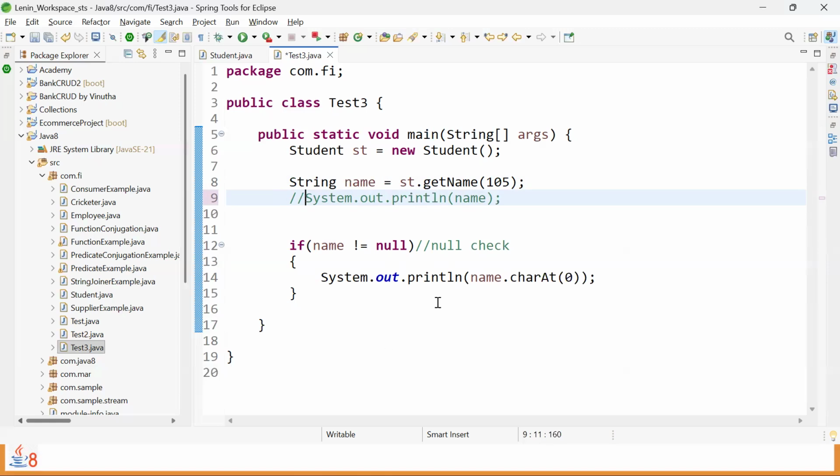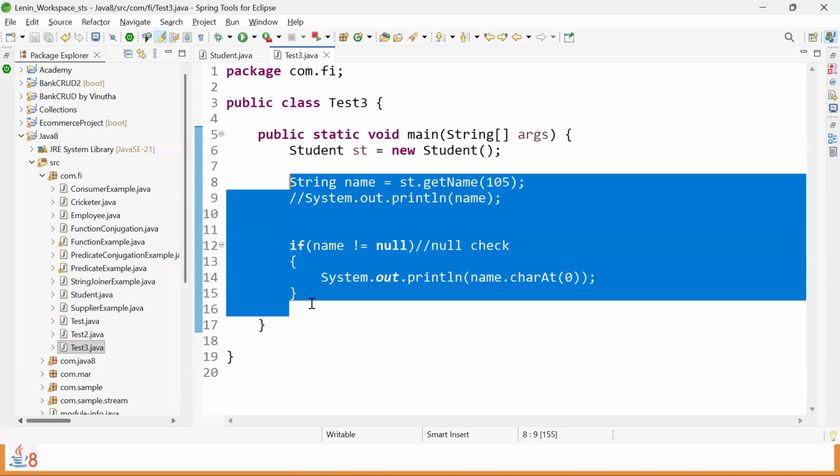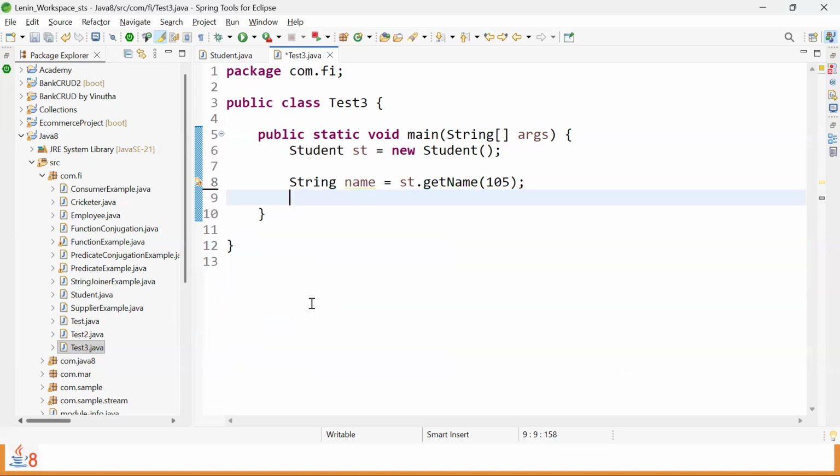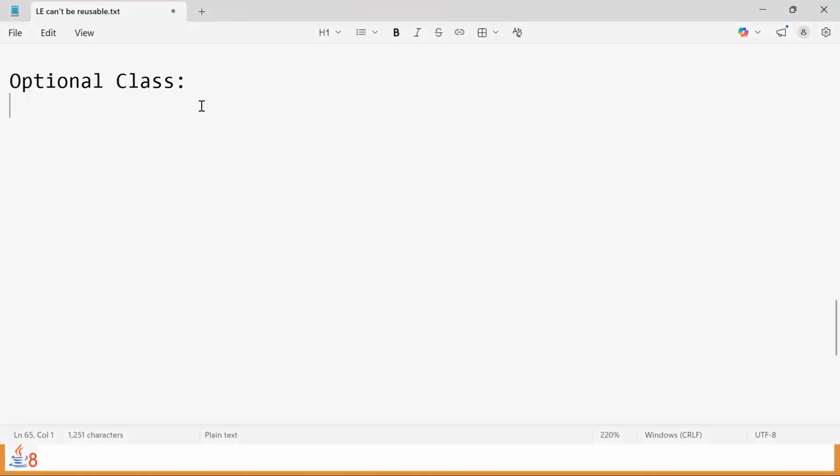That's the syntax, right? Now, always writing this null check for every scenario becomes a problem, because of the number of times it must be written. That's why in Java 8, to avoid this null check problem, the Optional class was introduced. Of course, we'll change the syntax. Optional class is a predefined class